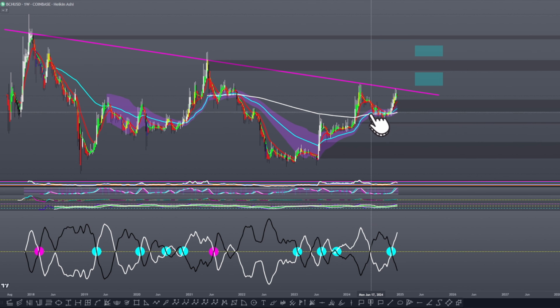You should have anticipated it because there was a bullish divergence here. Sentiment's building upwards, price was going downwards, but you would have bought somewhere around $300 to $400, and you would have been able to ride it up to where it is currently, around $640. As I went over this recently, I'm not too sure it's going to go any higher. It definitely could, but if it does, I don't think it's too likely to go much higher. I think at highest it could push roughly $2,000 again, or just roughly retest the prior all-time high here, somewhere around $1,300 to $1,700, maybe wick just a tad bit higher.